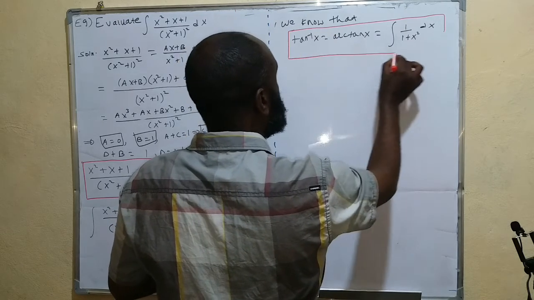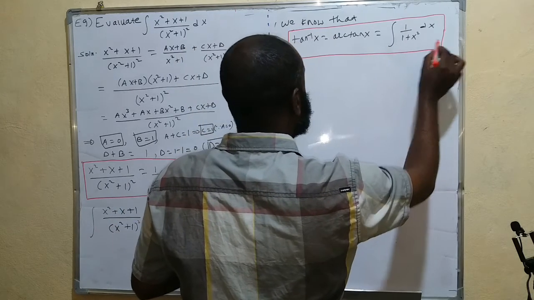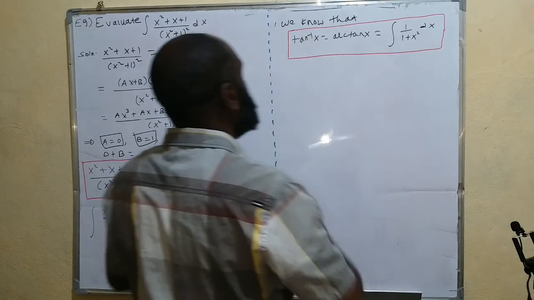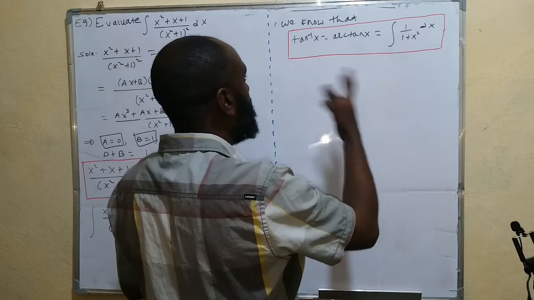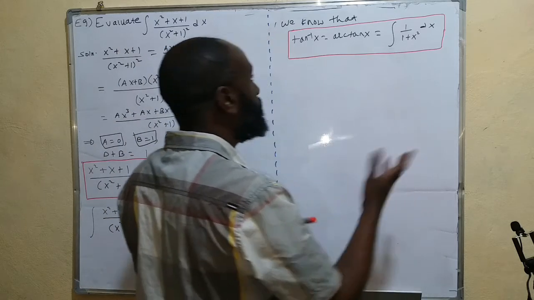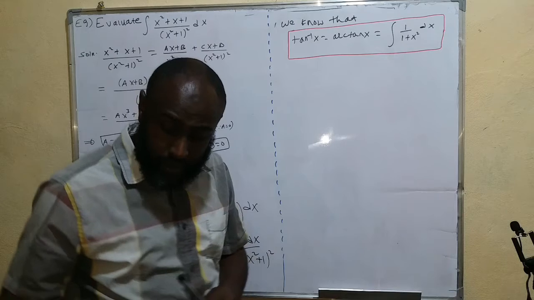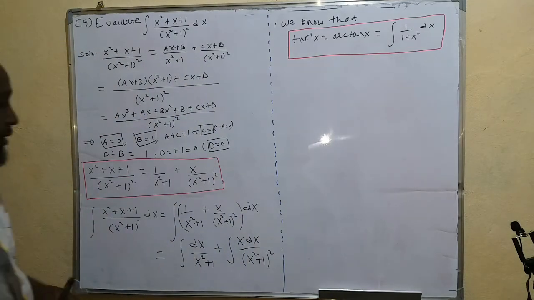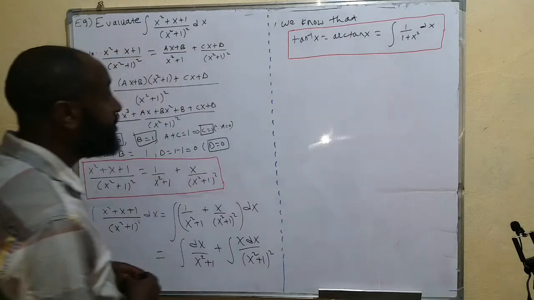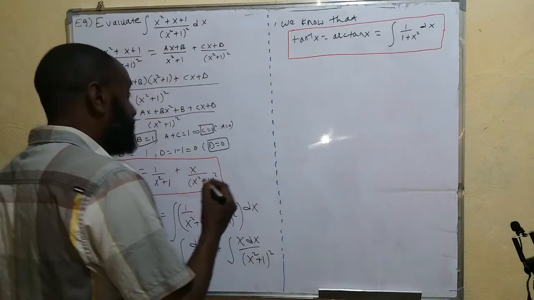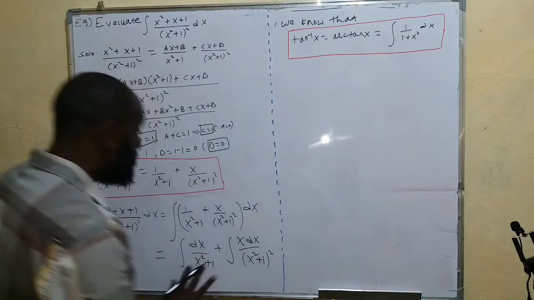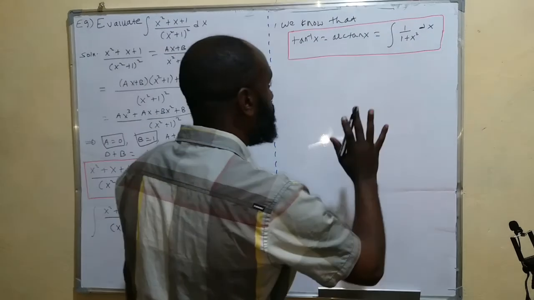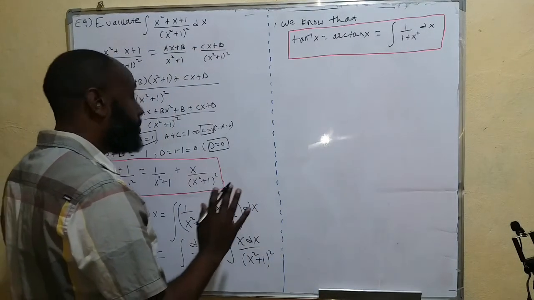What happened for tan inverse of x? Tan inverse of x equals what type of integral? Arctan x, arc cos x, arc sin x, arc sec x, arc cosec x. All these values should be memorized. Unless and otherwise, the question seems difficult. Therefore, if you know it, it makes life easy. Otherwise, the question will be a challenging one.